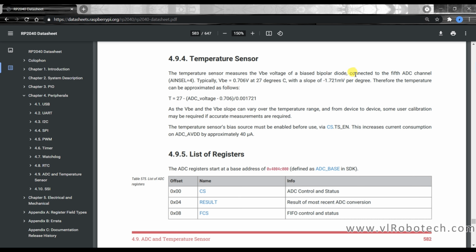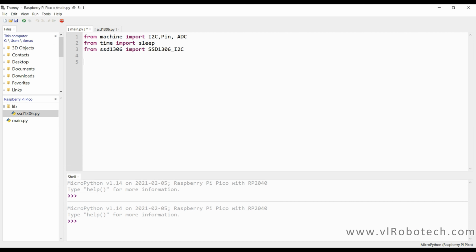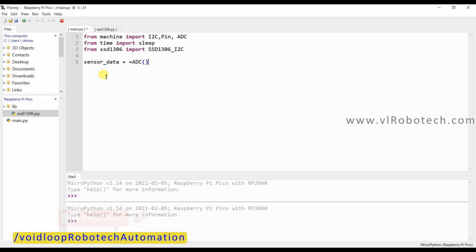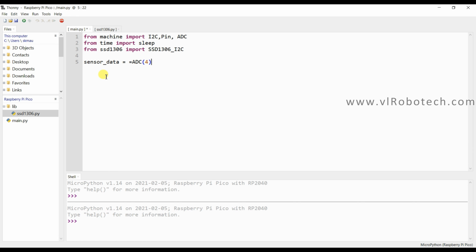It is connected to the fifth ADC channel, meaning AINSEL 4. So we will read here sensor_data equal to ADC(4).